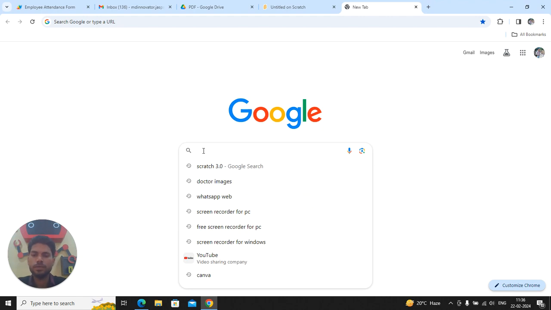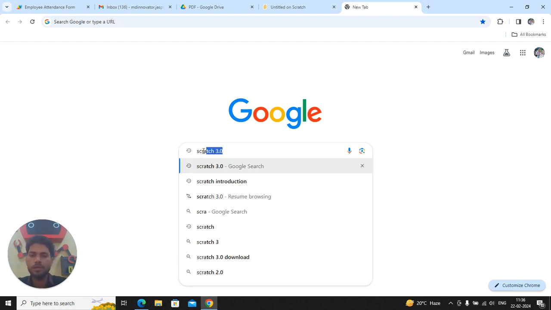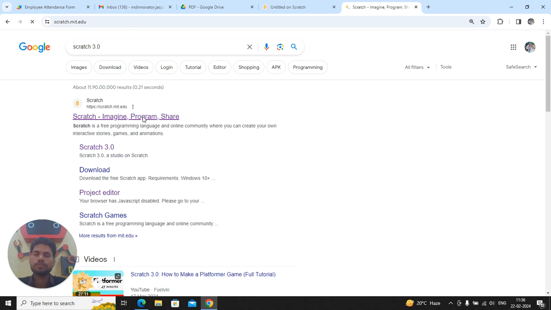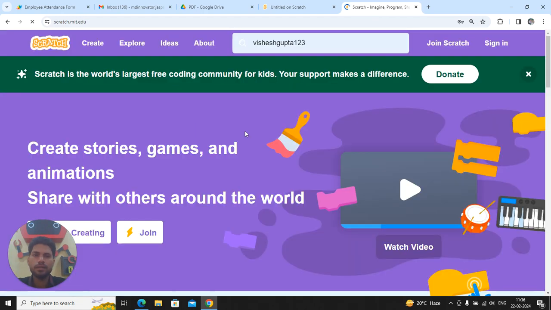First of all, you have to search Scratch in your web browser and click on the link that says Scratch Imagine Program and Share. After you click on it, this window will appear on your screen. So how to make your own account on Scratch? For making your own account, you have to click on Join Scratch right here,